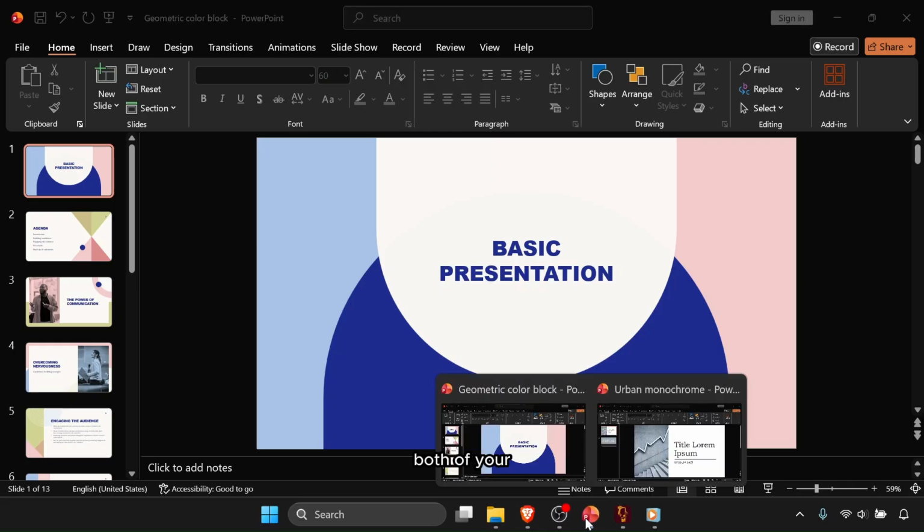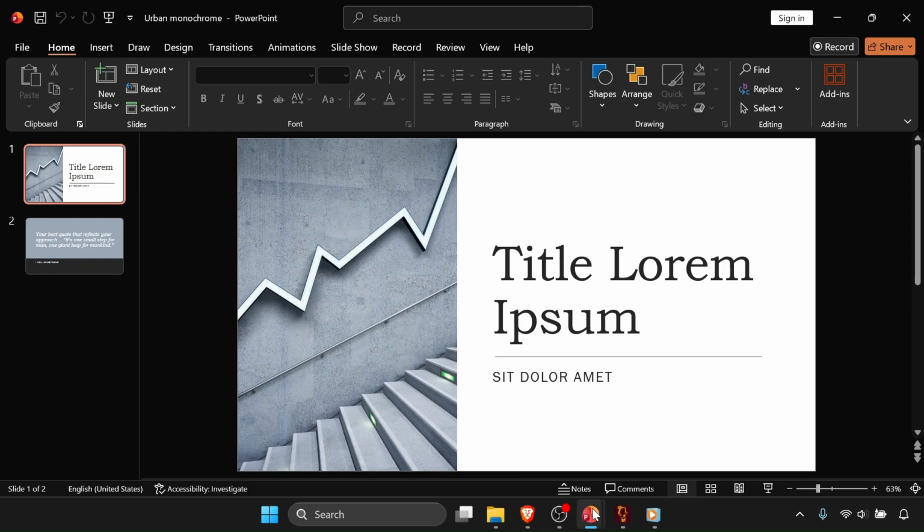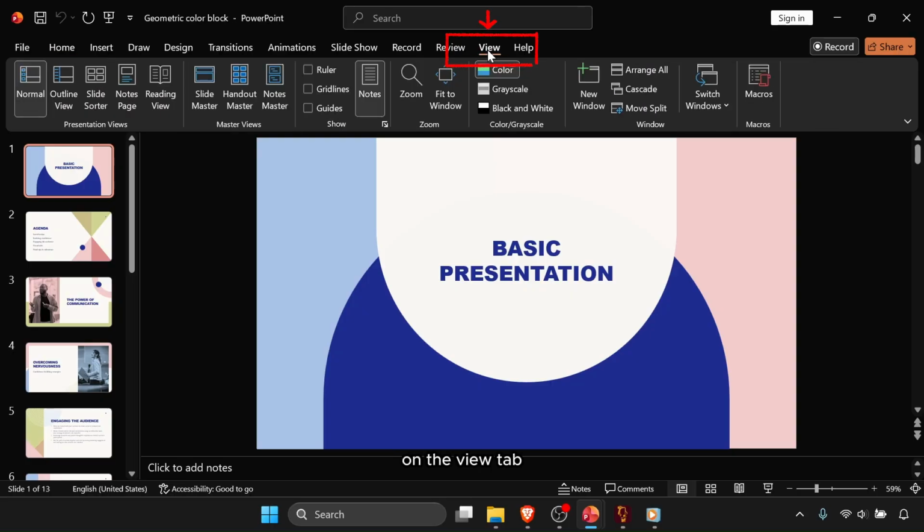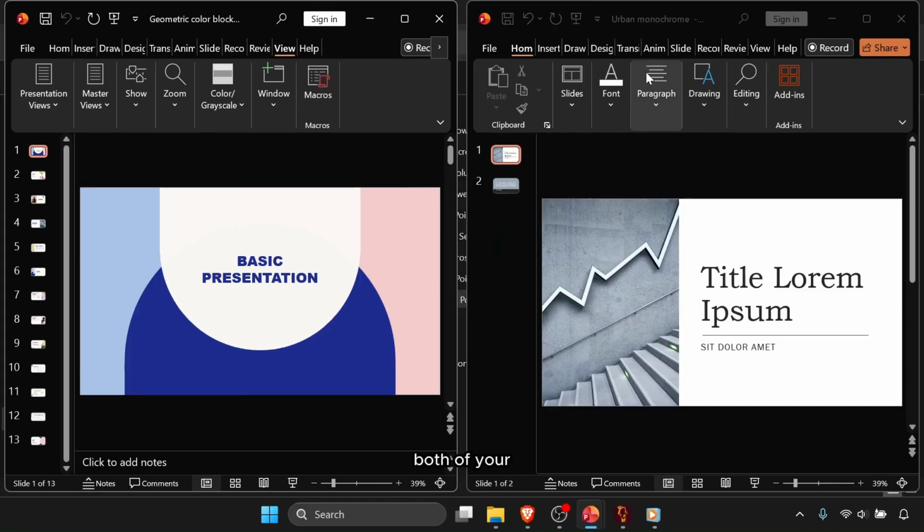First, make sure you have both of your separate presentation files fully opened inside Microsoft PowerPoint. Look up at the main navigation toolbar running across the top of your interface layout and click directly on the View tab. Move your eyes to the right-hand side of the ribbon menu options and locate the Window command block. Find the specific menu button explicitly labeled Arrange All. Click that button icon and watch the software instantly tile both of your active window frames cleanly across your